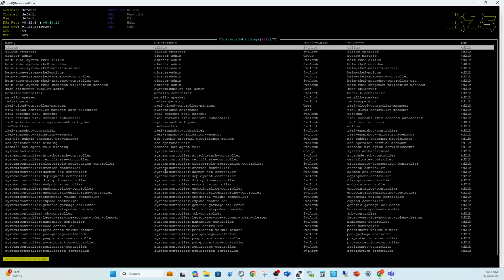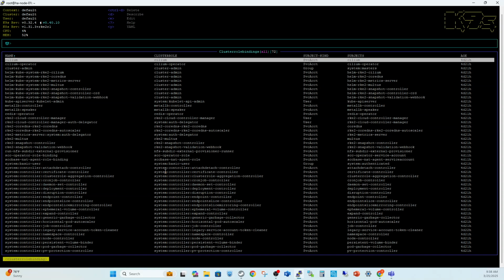And you can see here we have a lot of data that we can look at within the K9s SCC or Kubernetes cluster. So to get into the command line of K9s, you're going to do a shift and also a colon. And then that's going to open up the command line interface that you can communicate with the Kubernetes